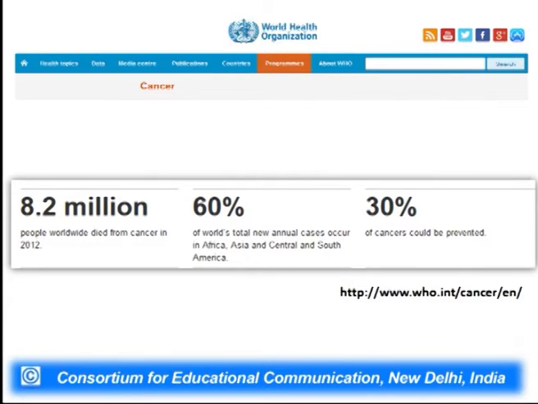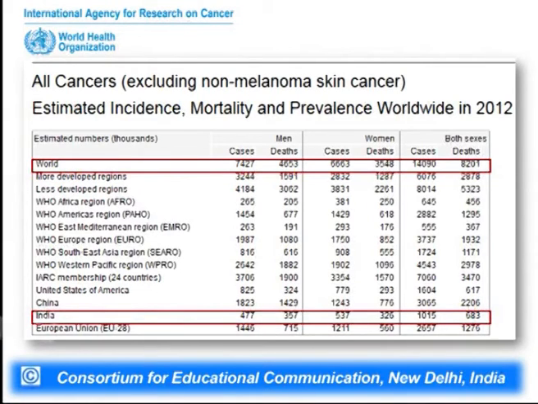It is curable. Now, if we see the statistics of the different cases or the mortality cases in the various regions of WHO, we can see that the WHO regions have been divided worldwide. The Indian statistics are also shown. Majority of the cancer cases, both in men and women, are from the more developed region and the less developed region. We can see this from these estimates, which are given in thousands.